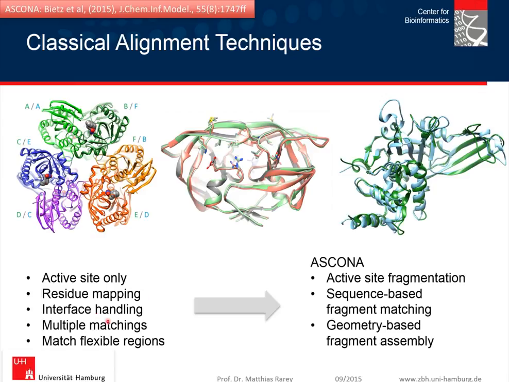We have to accept that there will be multiple matchings. So even in this structure, we have 6 binding sites available, which all represent somehow the same binding site, just at different positions in the crystal structure. And we have to be able to match the flexible regions, as we have seen here, where the binding site has a substantial rearrangement. So this brought us to the development of ASCONA, an active site alignment